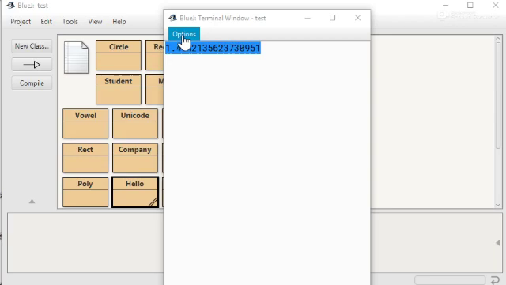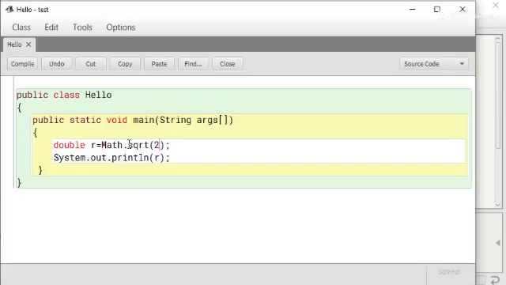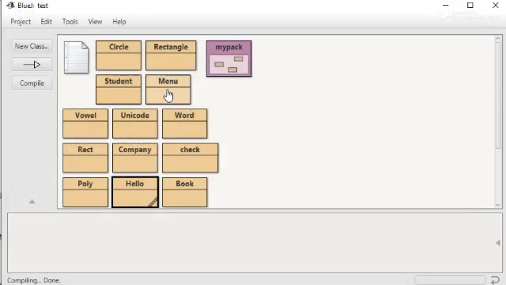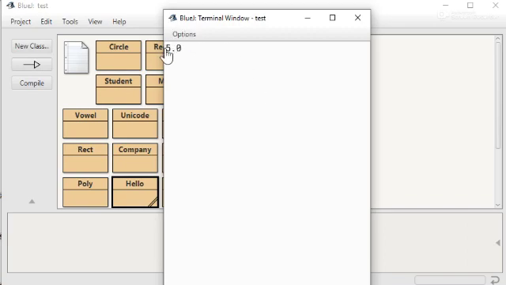In the same way, if you want to display the cube root, clear the output again, open the editor and write here cbrt. cbrt stands for cube root, and here write any value, suppose 125. Now it is displayed the cube root value of 125. As we know, the cube root of 125 is 5.0.